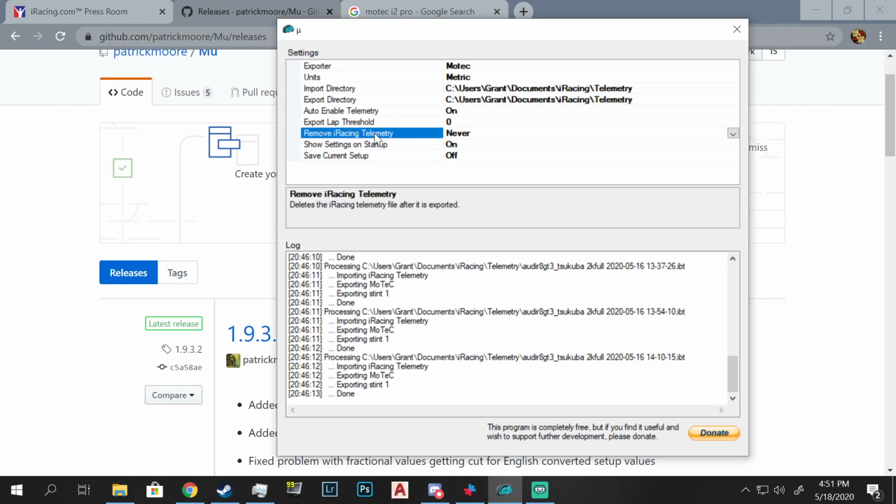The next option is to remove the iRacing telemetry. This option, I personally would save it to never, because what this will do is once a MoTeC or CSV file has been created, whichever you selected in the first exporter option, once you have that file, by changing the remove iRacing telemetry setting, it will delete the original .ibt file from the telemetry folder in the documents folder on your